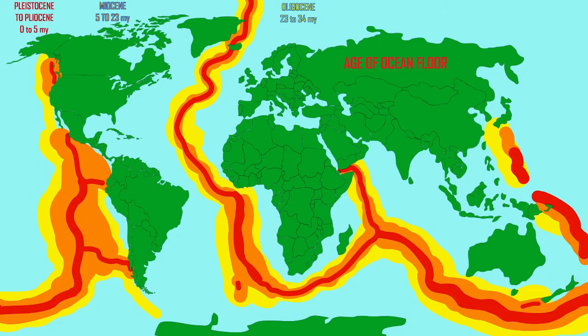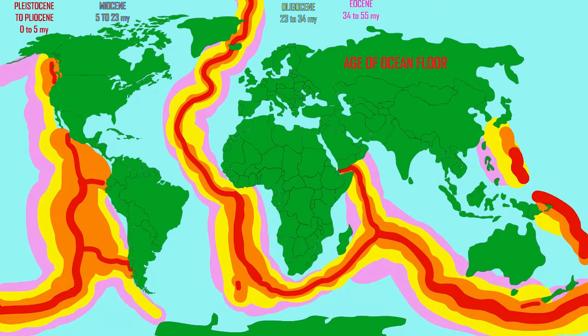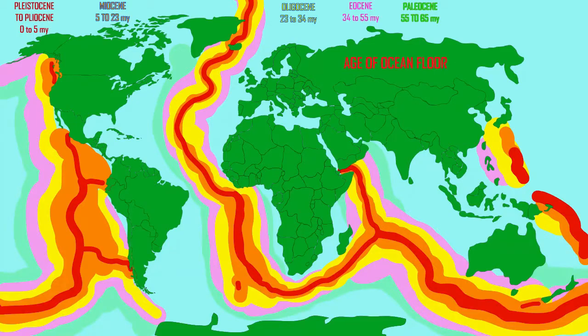Older still would be Oligocene crust, which would then be found further from the mid-ocean ridges. Eocene crust in pink would be older still and farther from the mid-ocean ridges. Paleocene crust would be older still. Crust from the Cretaceous period, which was longer, 65 to 145 million years ago, would be older and thus farther